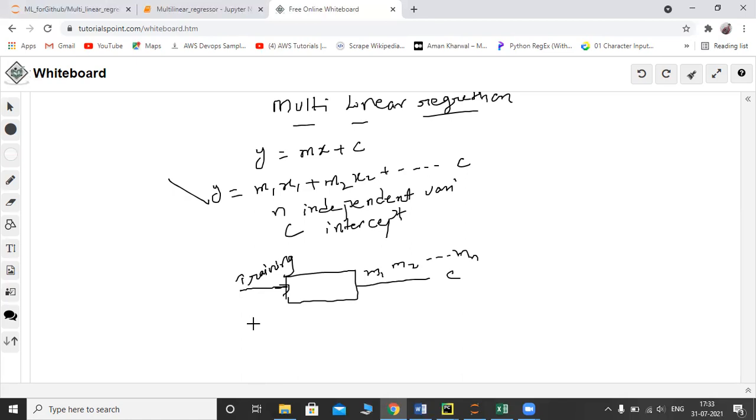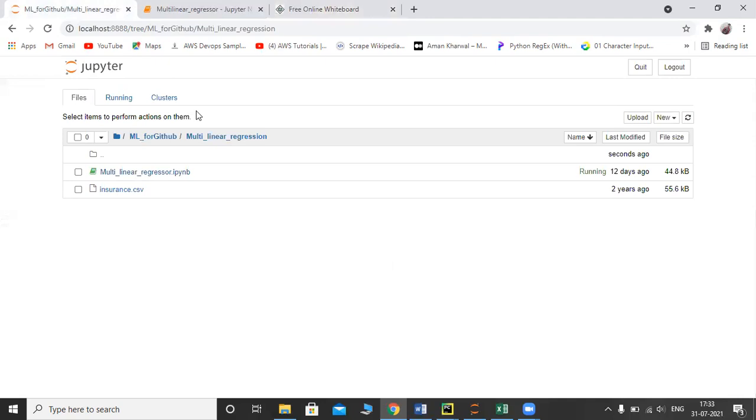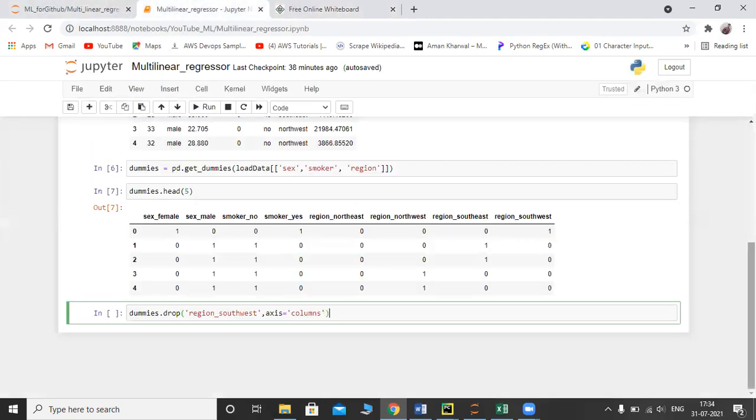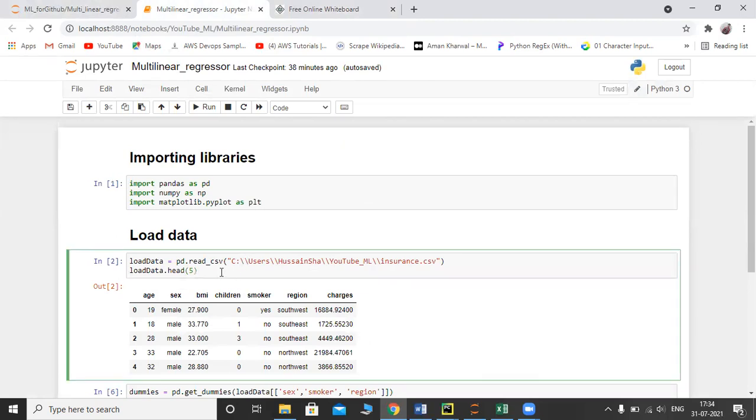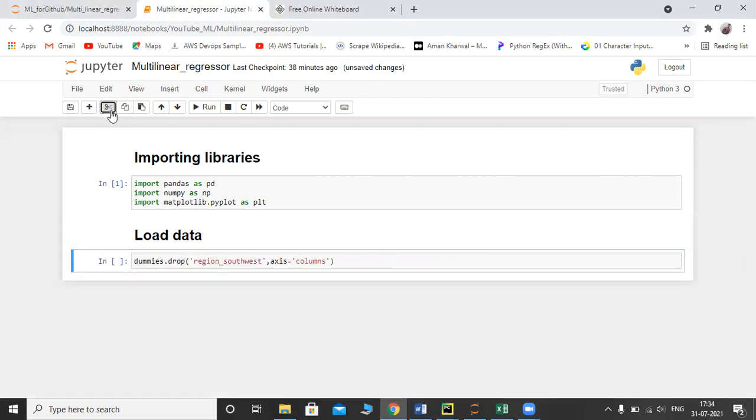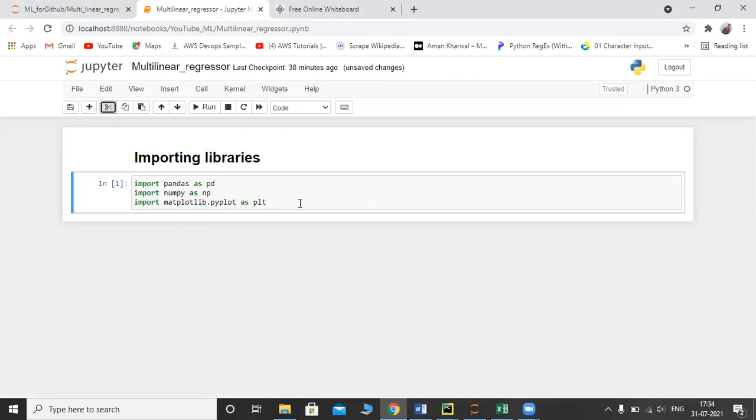So let us start programming to experience predicted values using multilinear regression. Let me remove this. I'm starting fresh. First, I have imported the required libraries to implement the multilinear regression model.